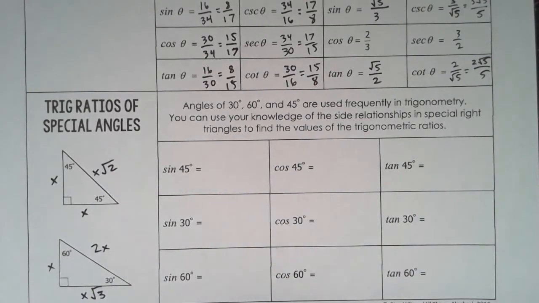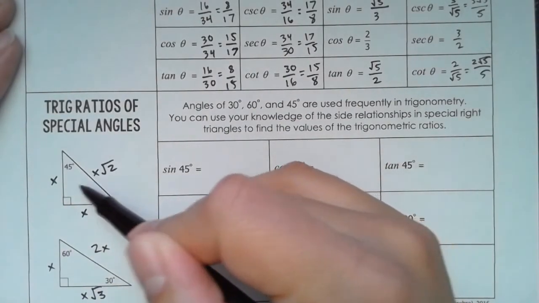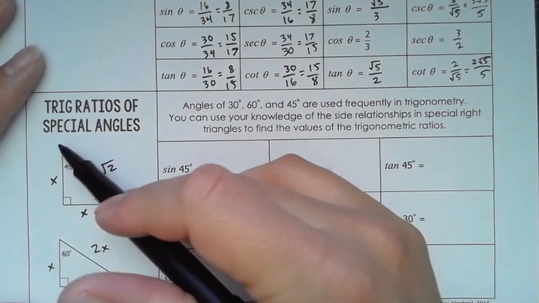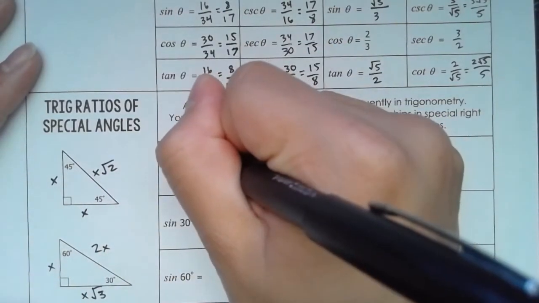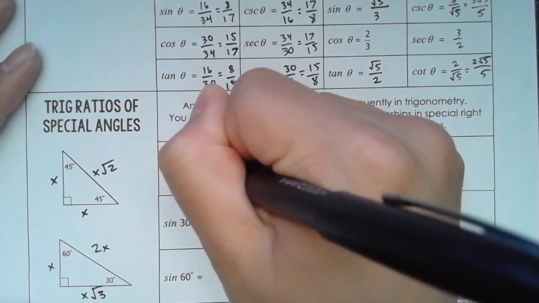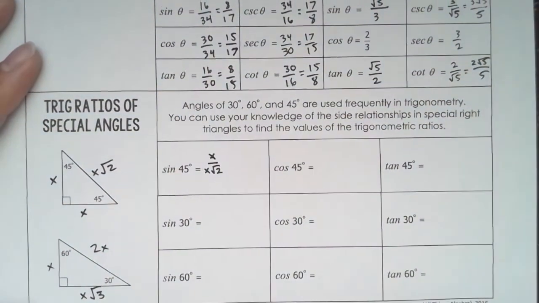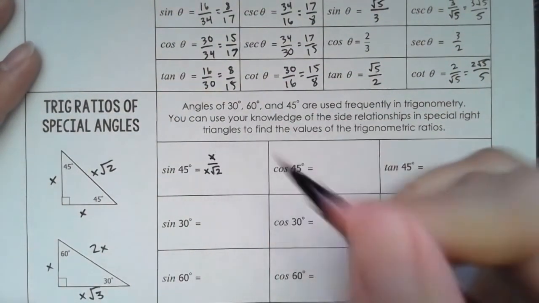Sine of 45, okay, so we'll take this one, opposite over hypotenuse. So I get x over x square root of 2. Now I can simplify this, right? X over x cancel, so I get